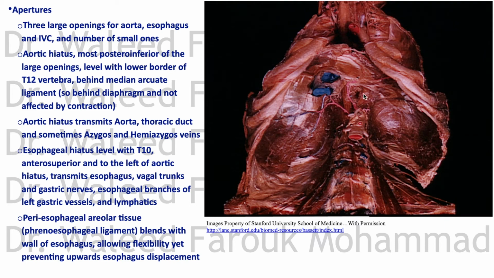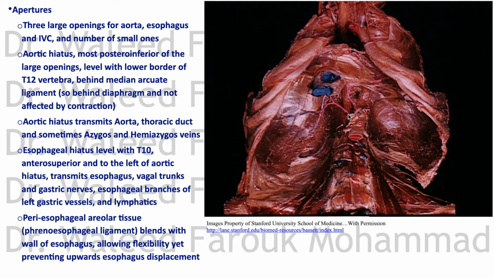Actually, this is a site of constriction of the esophagus too, because of the extension by the right crus we talked about earlier. So what passes through the esophageal opening? The esophagus, and there is a plexus of nerves around it called the esophageal plexus that gives rise to the vagal trunks and their branches. Gastric nerves, they pass through here too. And what else? Well, the inferior branches of the left gastric artery